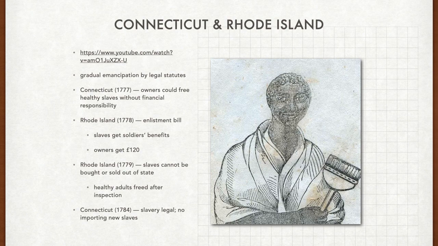Last time we talked about gradual emancipation in the North and how many northern states felt that even before the end of the war, they could not fight for the ideals of the founding of America, life, liberty, and pursuit of happiness, by owning slaves. So we talked about the first two states who did that, right? Pennsylvania, who did it pretty early on, and Massachusetts, who followed a few years after that.